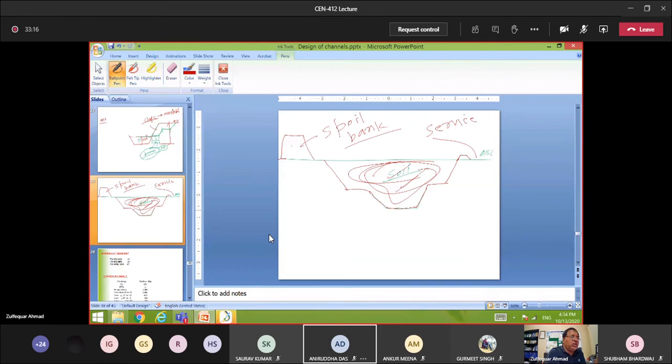And this is also not continuous. This bank is not continuous; it is a stacking of the soil, and it is not continuous. At some distances you have to provide a gap so that the water coming from here should not stop. So these spoil banks are provided where the excavated material is large in quantity.